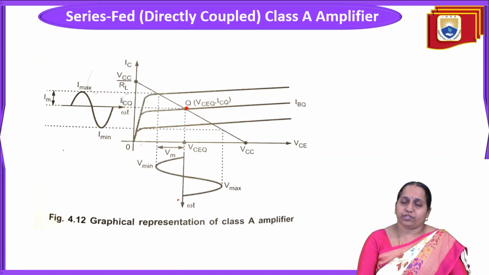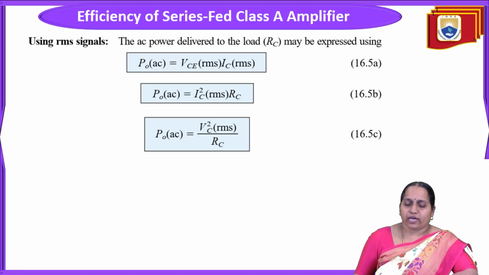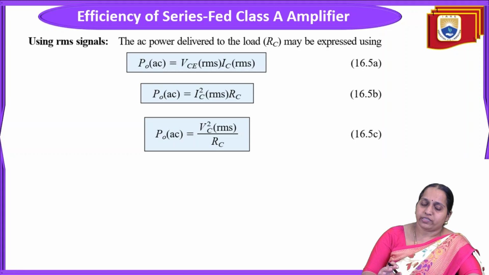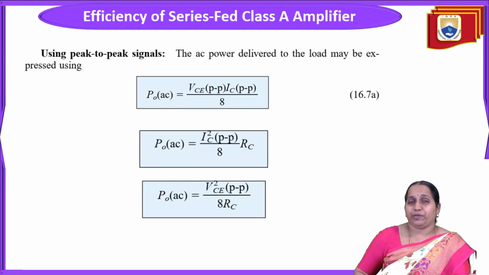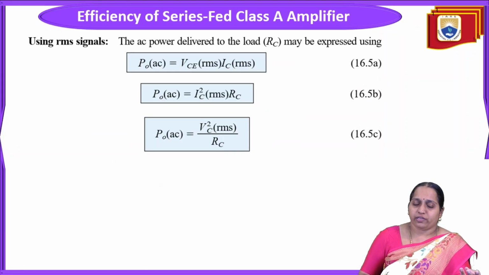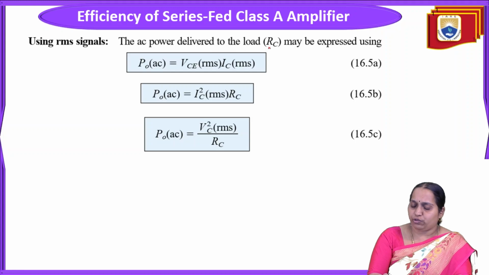This would be the graphical representation of a class A amplifier. As the input signal varies as a sinusoidal waveform, similarly we will have variation in VCE and IC also. Generally, how do you define power? We could use either RMS signals, peak signals, or peak to peak signals. We shall see three possible formulas or definitions. Using RMS signals, the AC power delivered to the load may be expressed as